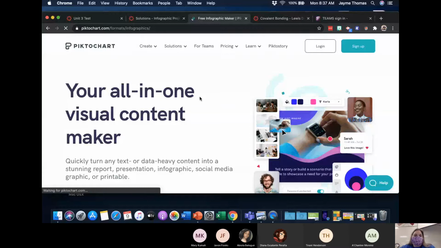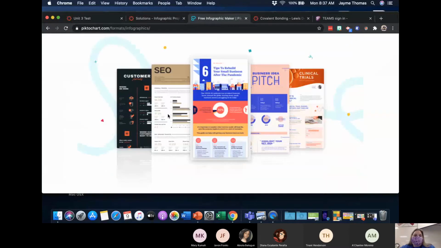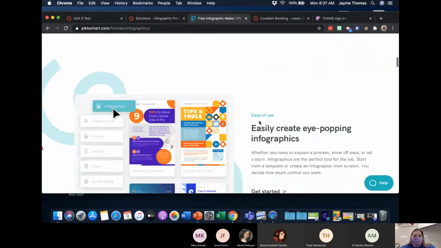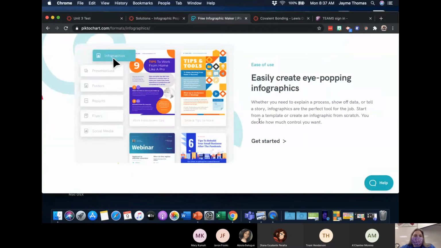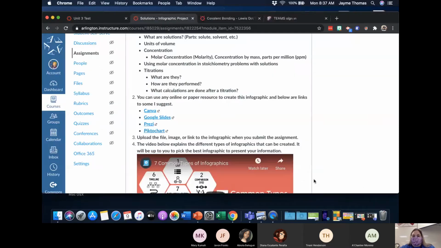I can go to the infographics section and it says I can create, and so here I can see again, here's probably some of the options they're going to have, and again there's a lot that are free, but there are some that probably cost, so just don't click on any of the ones that cost money. Okay. But the reason that these are good, and I'm going to show you why,